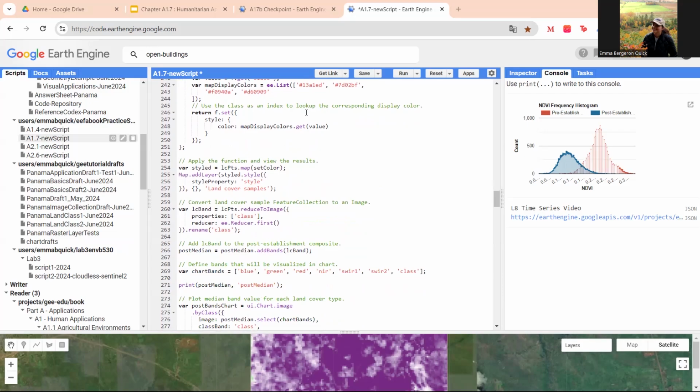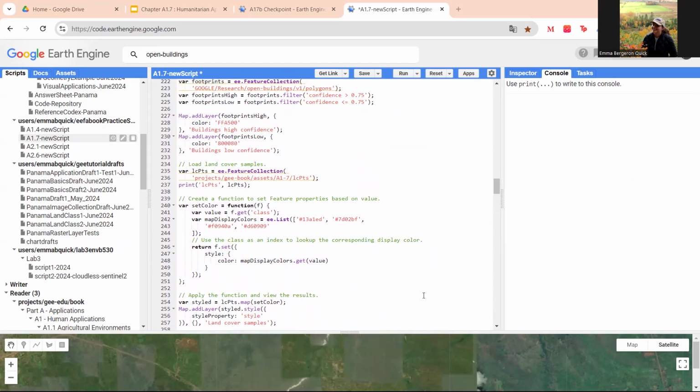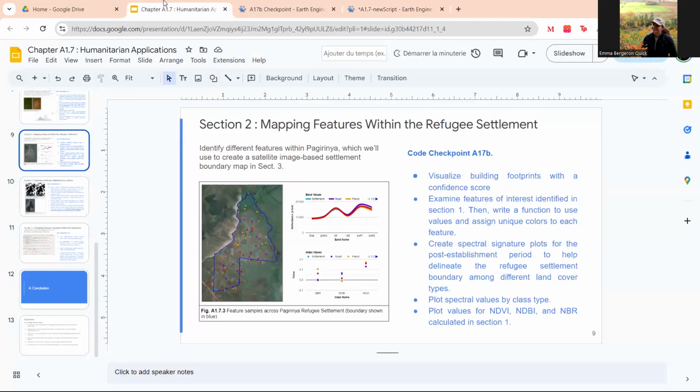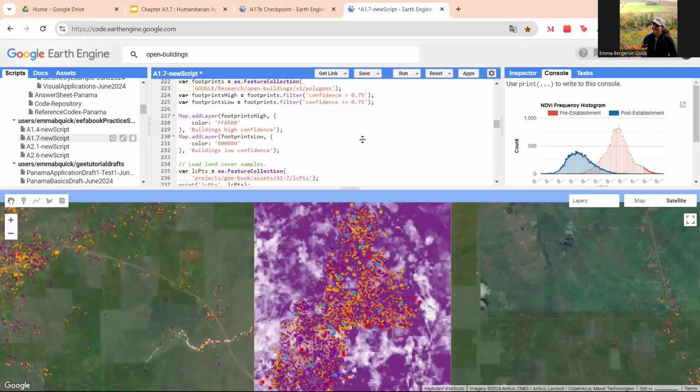And this is something that you should have seen in other chapters and should be pretty known to you so far. Let's print this out. This is going to give us the feature samples across Pagarinia refugee settlement. And this is the end result that we're looking for, but we don't have our blue boundary on yet. We're going to do that later. But if you look at what's happening here,